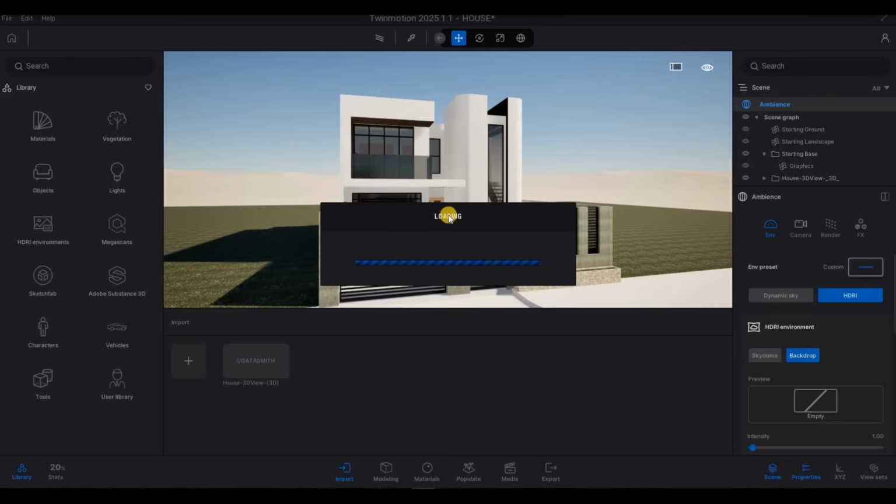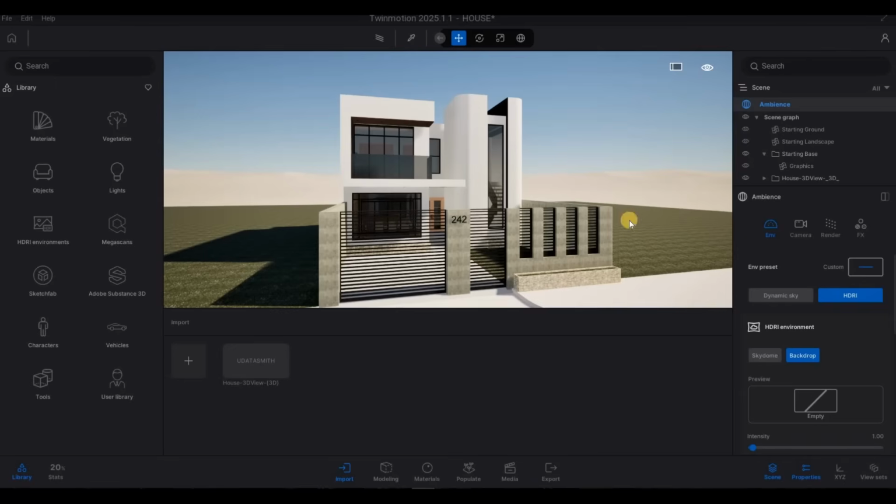Once it stops loading, we need to change the backdrop HDRI, depending on if we want it to be dark or